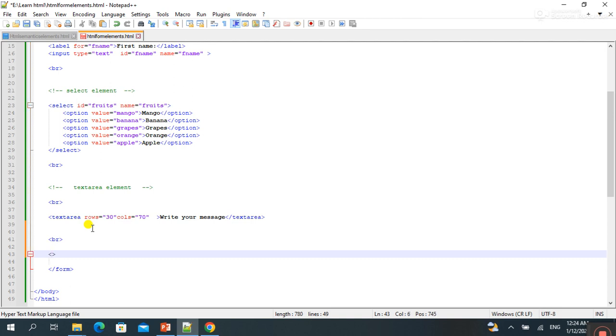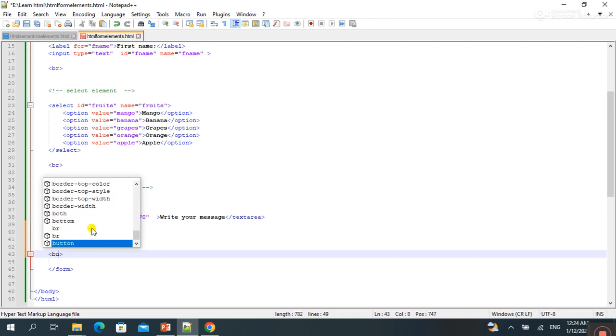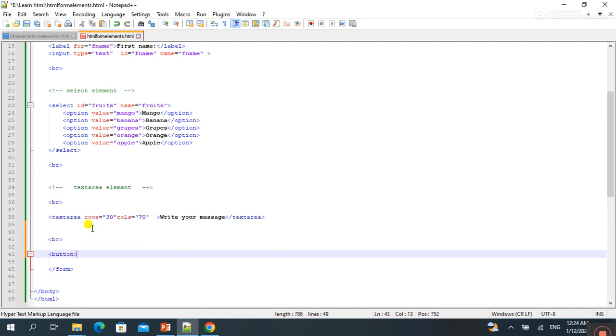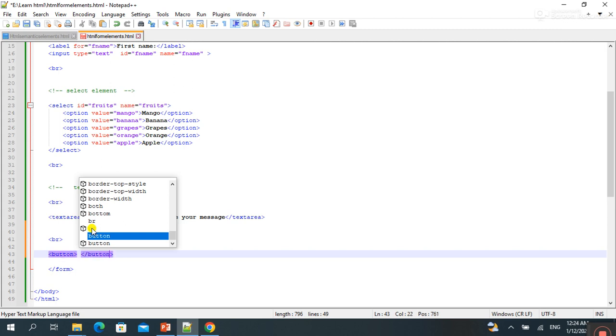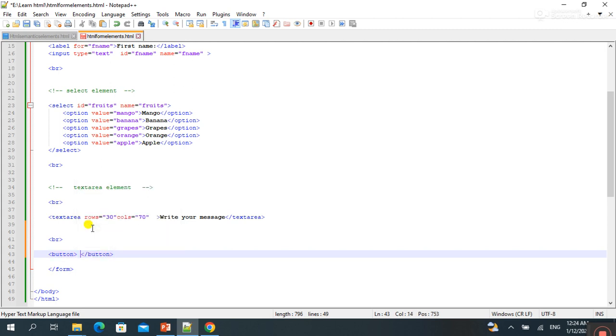For this the button tag is used, with starting and closing tag, button. Inside this I will write a value like